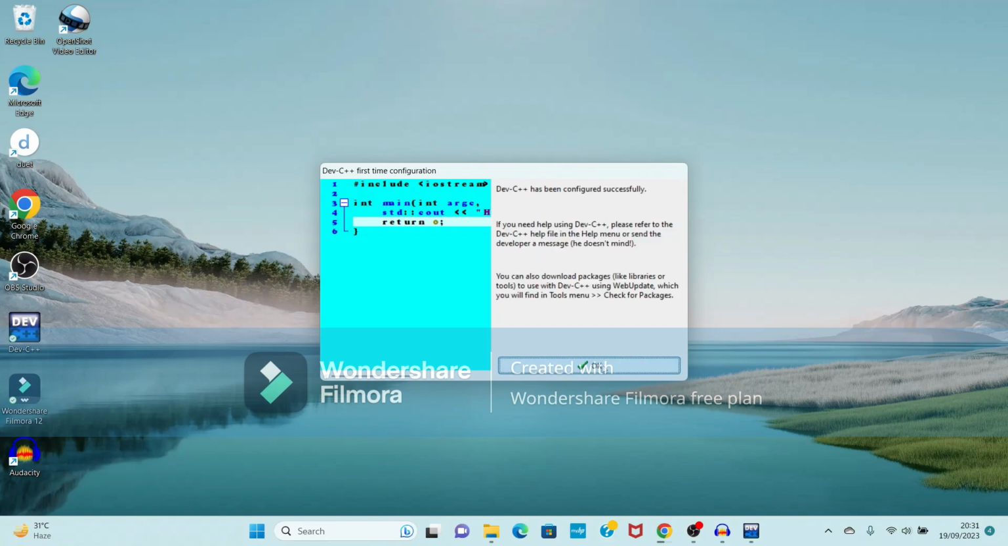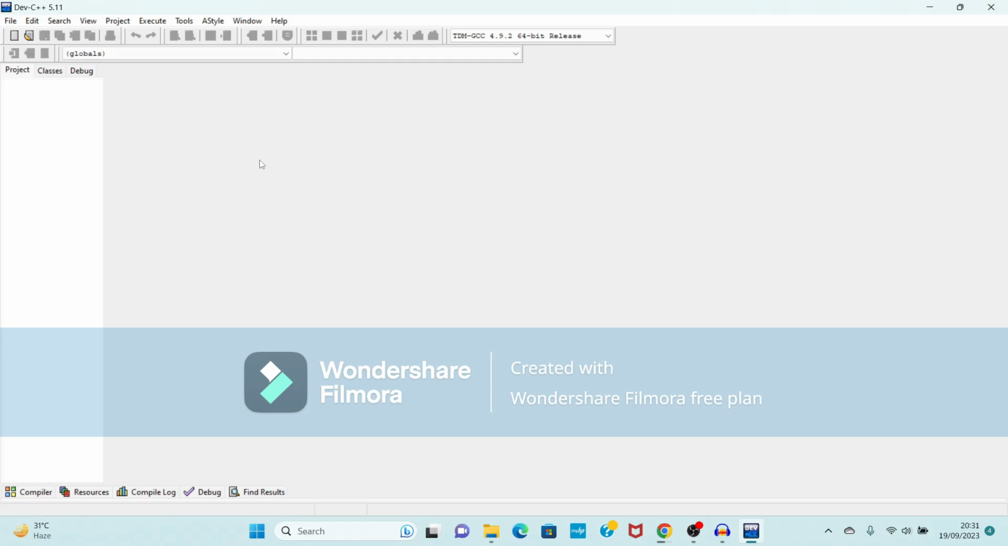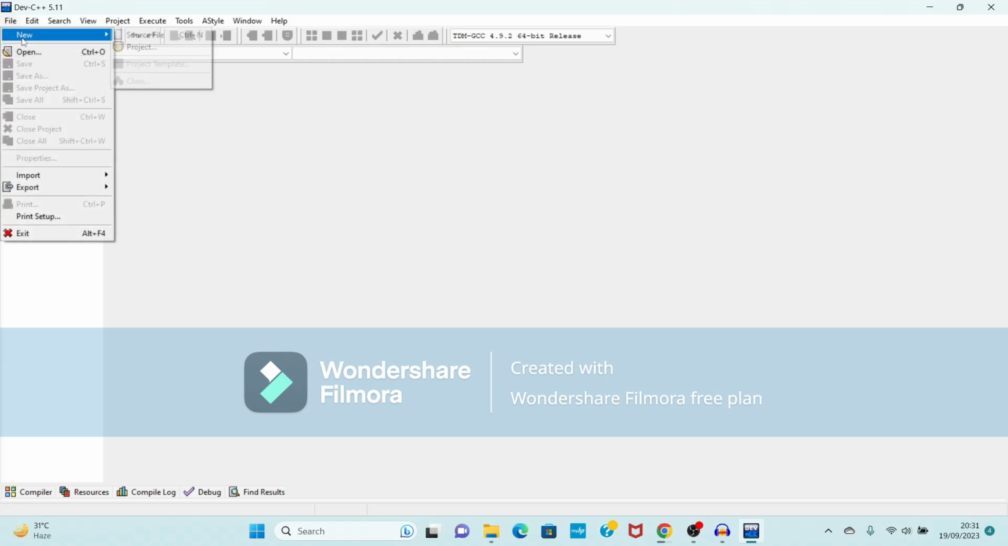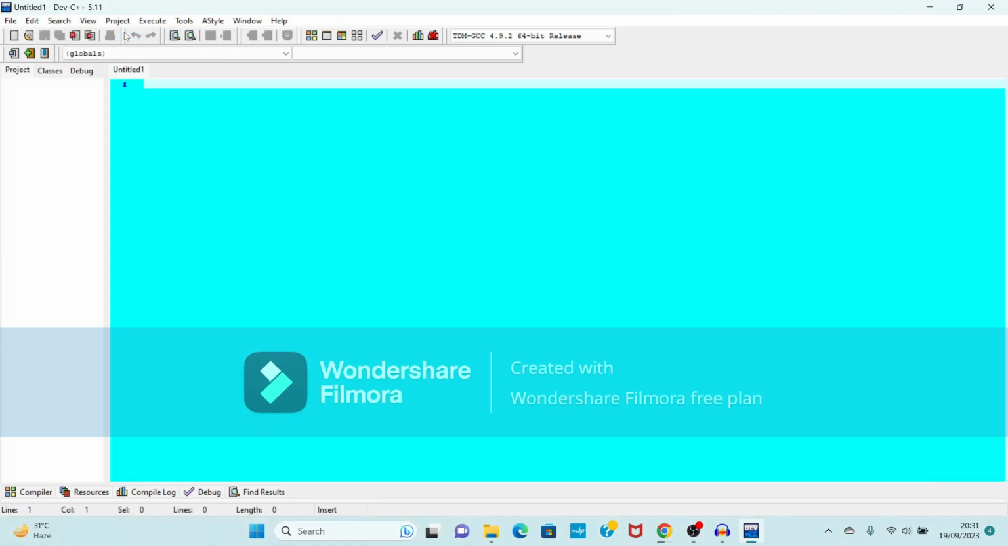Just click on next. Now see, it is showing the area where I am going to start typing the program. So what you have to do, just click on file, new, and select the source file. And here you can type your